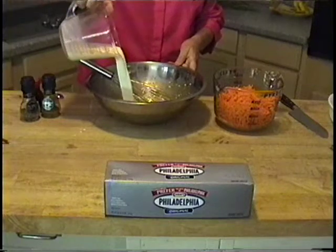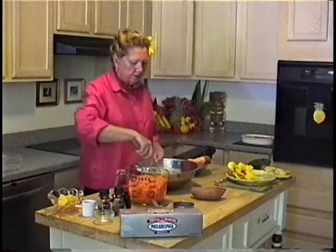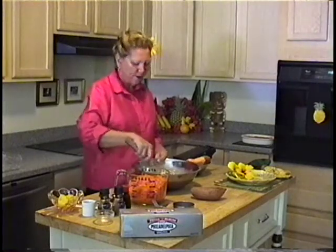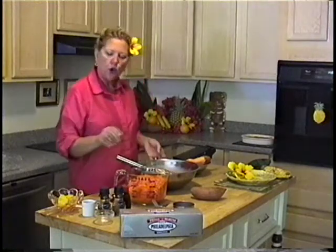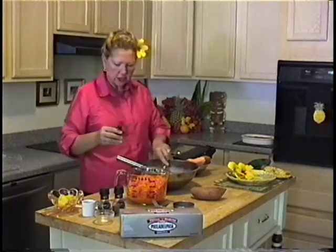Now I'm using whole milk, but if you want to reduce the calories, you could also use 2%. Or skim milk, I'm sure, but this has a custard-like base, so you know, the higher the fat content, the better the custard. Then we're going to add a teaspoon of vanilla, one of my favorite of all time